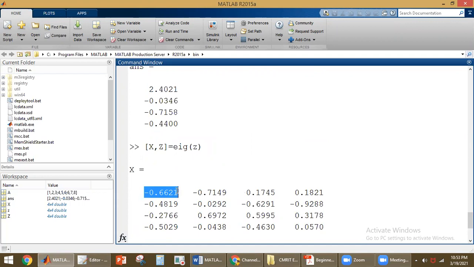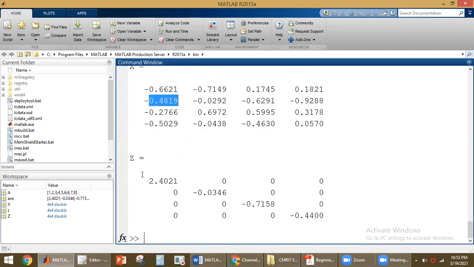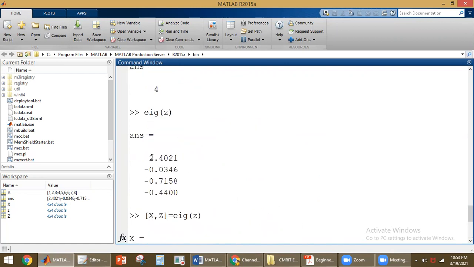X will be the eigenvectors in the corresponding locations. And what is Z here? Z is the eigenvalues placed in the diagonal locations. So what are the eigenvalues we got? 2.4021, minus 0.03346, minus 0.7158. The same values we got here.